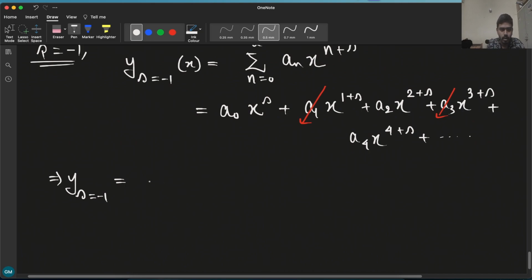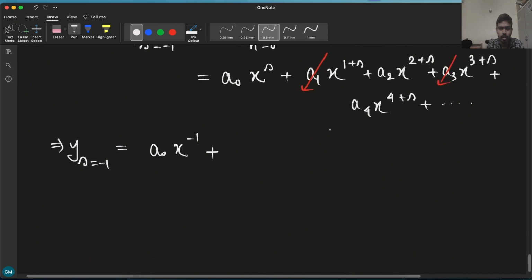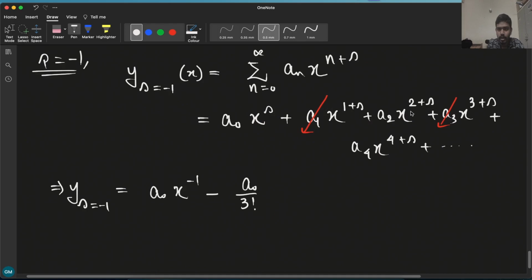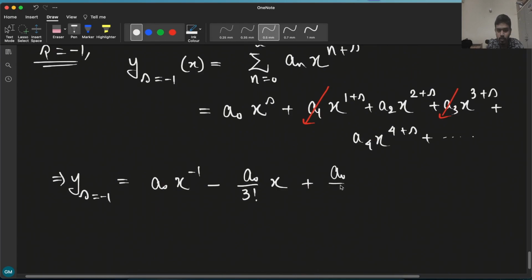So a0 x to the power -1 plus a2 is minus a0 by 3 factorial. Okay, so a2 is minus a0 by 3 factorial, and 2 plus s, and s is -1, so it is x plus a4. What is a4? a4 is a0 by 5 factorial, so it is a0 by 5 factorial times x to the power 4 minus 3, that is 4 minus 1, it is 3